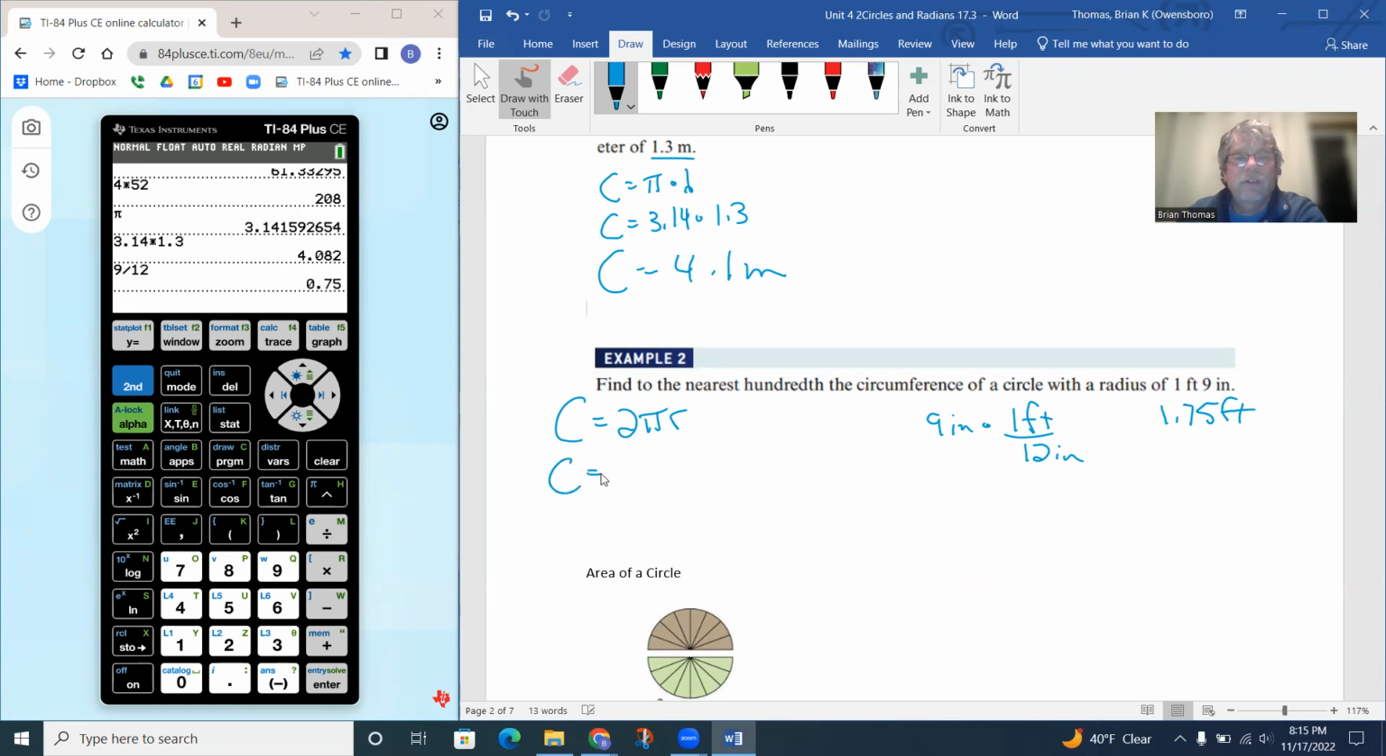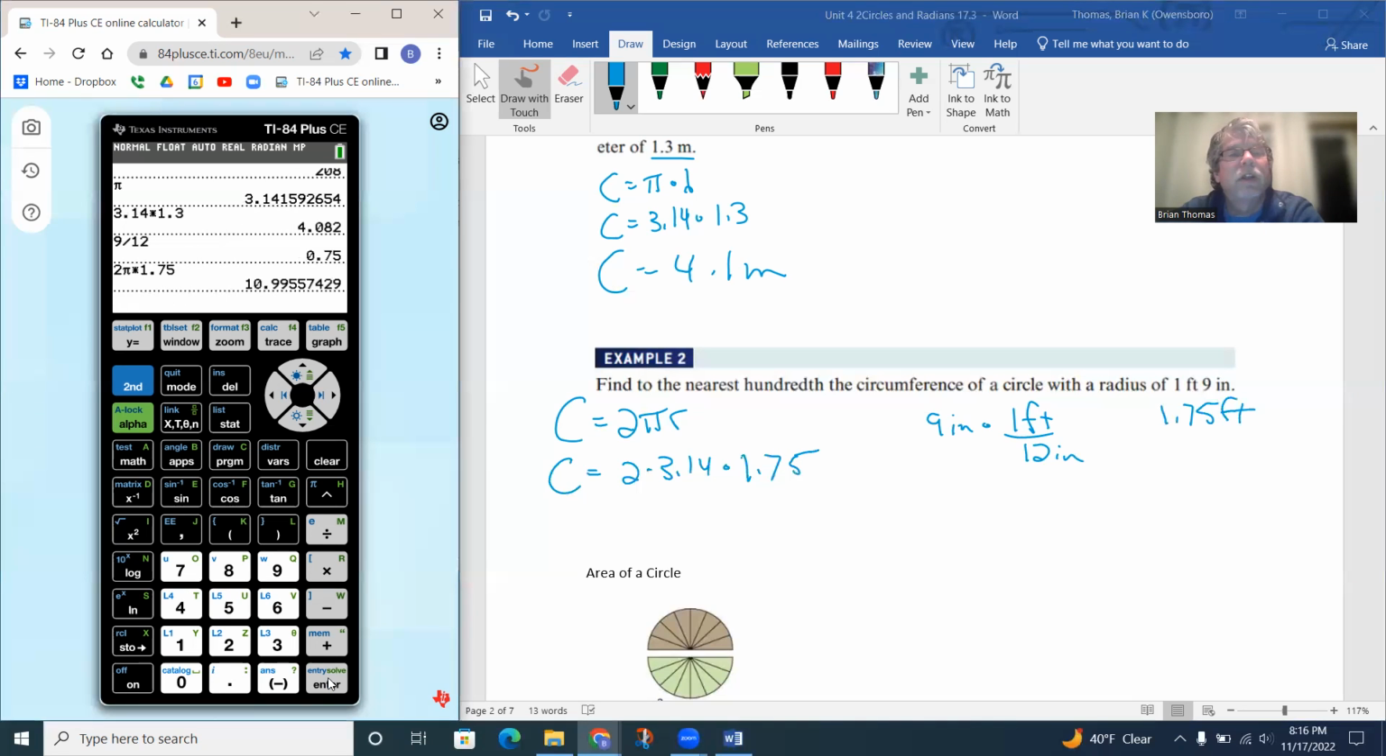So then I can go circumference equals 2 times 3.14 times 1.75, and that can give us our answer. You also could use your pi symbol on your calculator if you wanted to. You could do second pi times then 1.75. Hit enter. Notice how that would give us the answer there as well. So C would equal then,